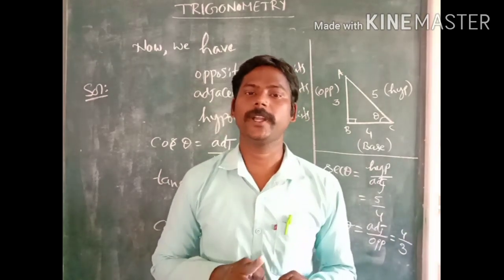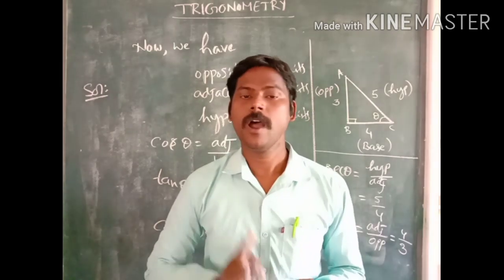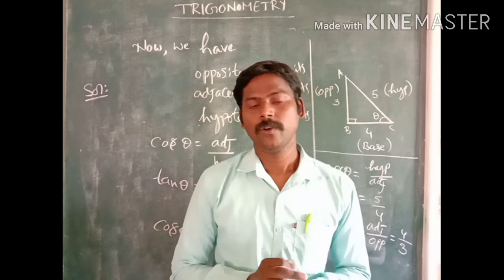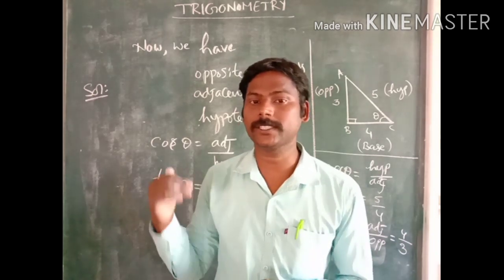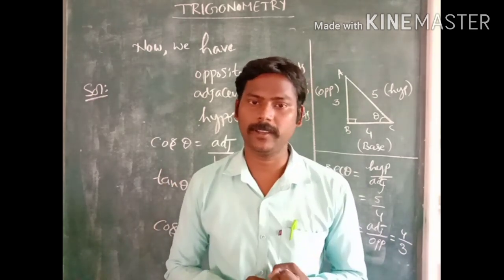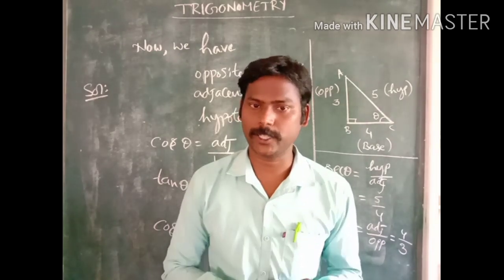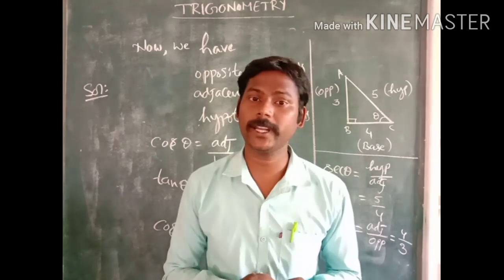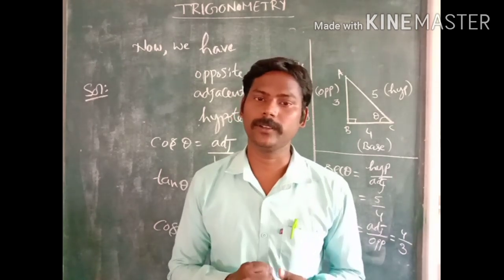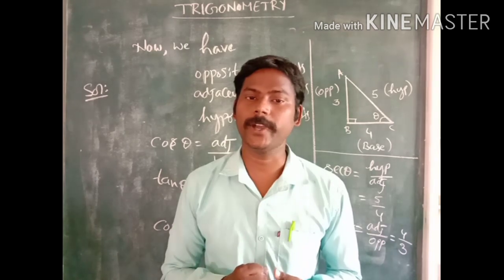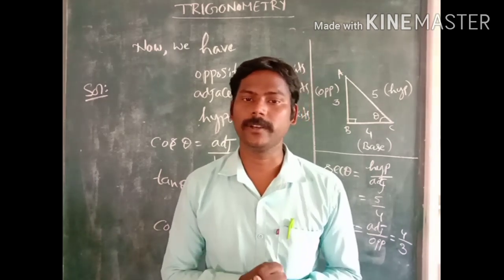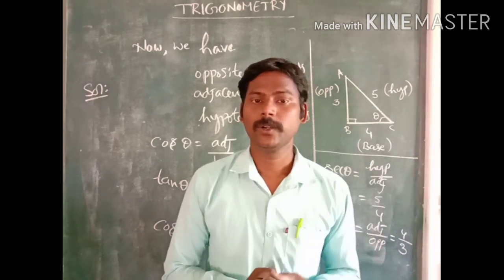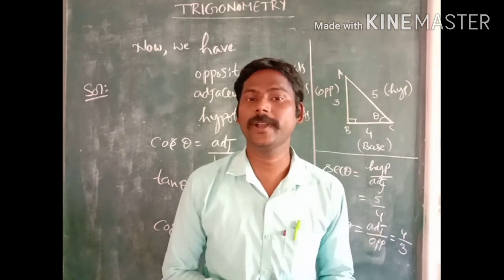Next, if one trigonometric ratio is given, how to find the remaining trigonometric ratios? So, what points to remember to solve this type of problems? First thing, what is the given trigonometric ratio? Second one, the definition of the given trigonometric ratio. Third one, note down the given values, find the unknown value. Fourth one, by using Pythagoras theorem, find the unknown quantity. Fifth one, find the remaining 5 trigonometric ratios.